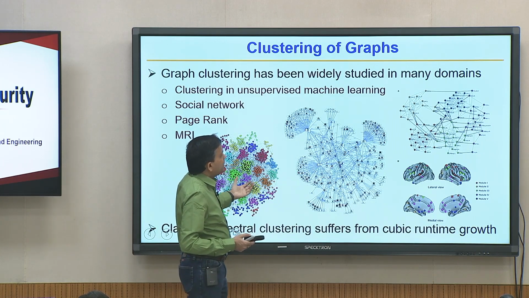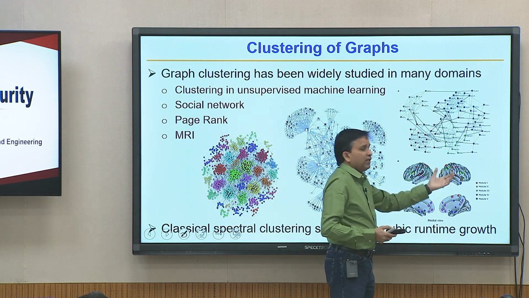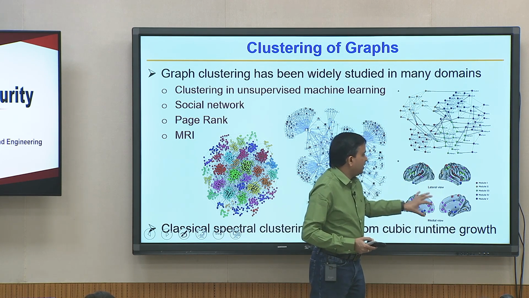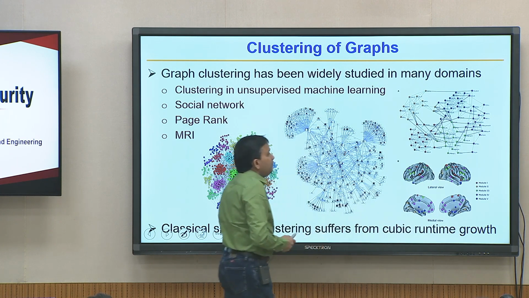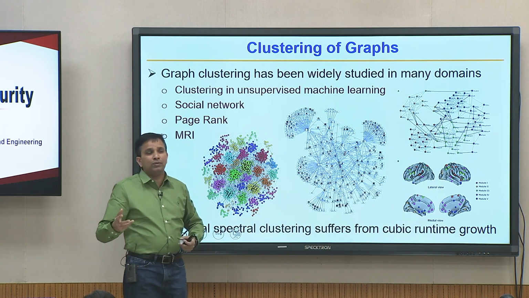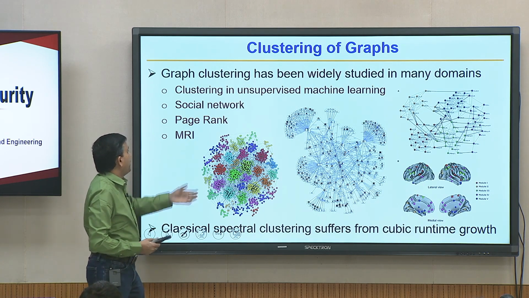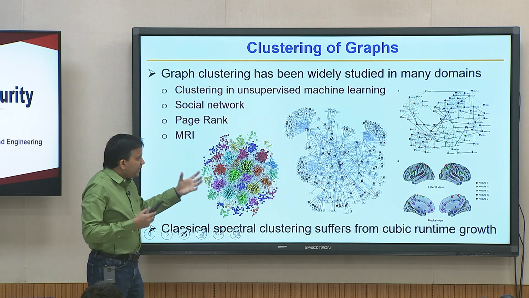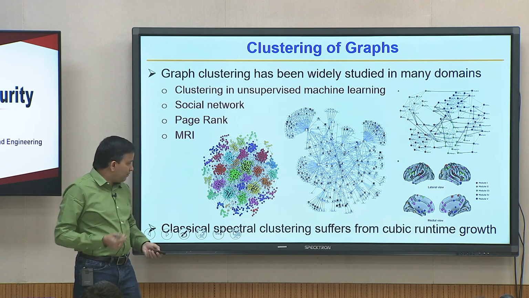It is also important in many other domains. Even when they are doing brain MRI and trying to figure out whether it is cancerous or not, they try to find different kinds of protein and composition, and that is also a clustering problem. Even when you search something in Google and they come up with some list, they use some kind of page ranking algorithm, which is also based on clustering. So, given a graph, how do we figure out clusters is a problem that is used everywhere.